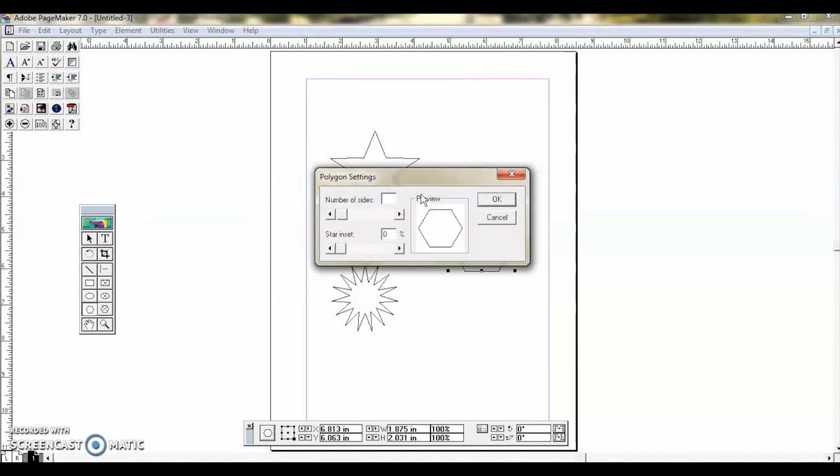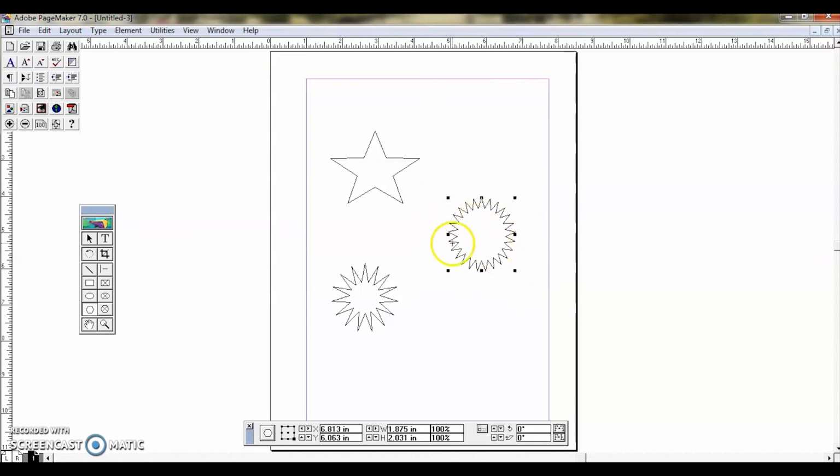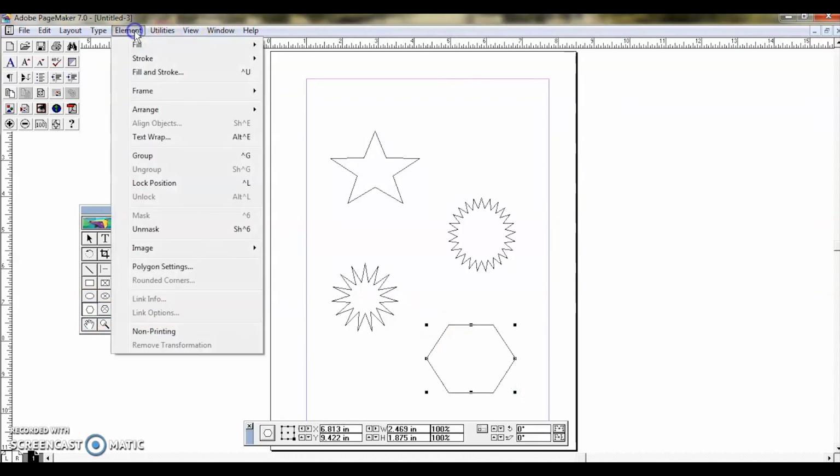The number of sides they have given as 25, and this is also 25. This is your second example. If I click OK, my star will look like this. And they have given a third example. For the third example also I have to click the polygon tool, click on the page and drag, and leave the mouse button, then go to the Element menu and click Polygon Settings.